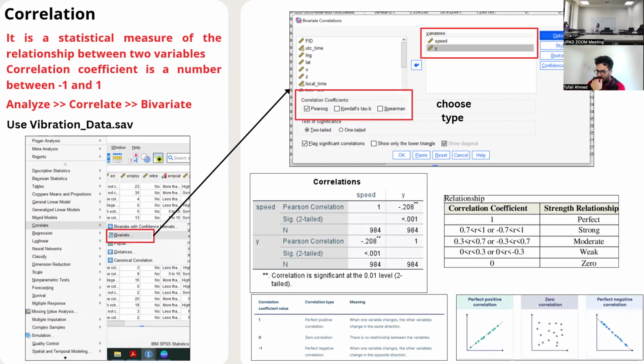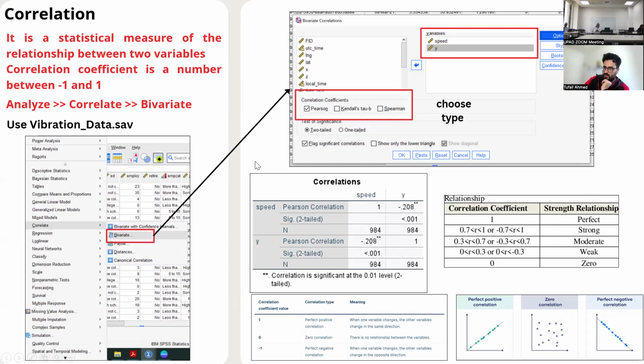This is an example. If you have a perfect correlation, if one value increases, that means the other value is also increasing. In our case, if there was a strong correlation, that would mean that if I increase the speed on my bicycle path, there is a higher chance that my bicycle will bump on the road. But that's not the case here, because we have a very weak correlation.